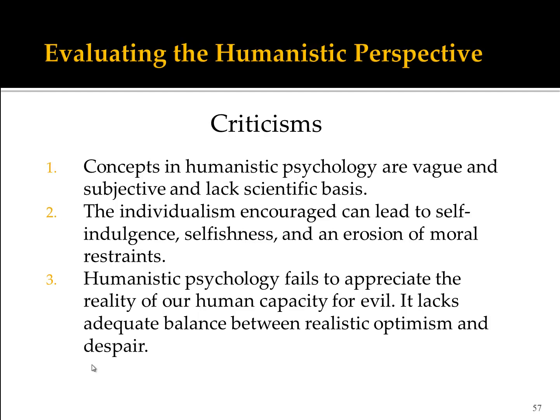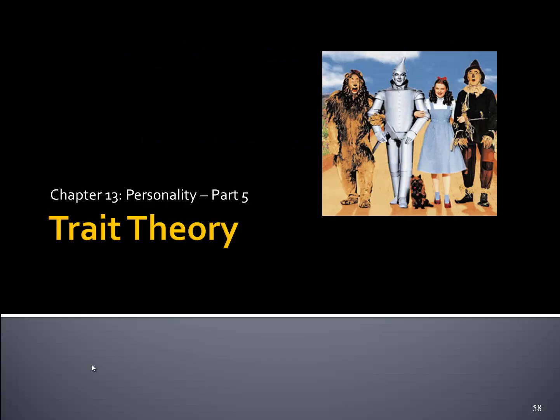Humanistic psychology, and the third one, fails to appreciate the reality of the human capacity for evil. It really does emphasize the positive nature and doesn't look at how people might take advantage of you. And some people say, well, it's too optimistic, and it doesn't focus in and doesn't warn us about the negatives that people can do. And then people prey on these people. A lot of people who get pulled into cults and things like that are generally people that probably have a very humanistic nature, and they're very trusting of other people and very open. And sometimes there are people out there who will take advantage of you.